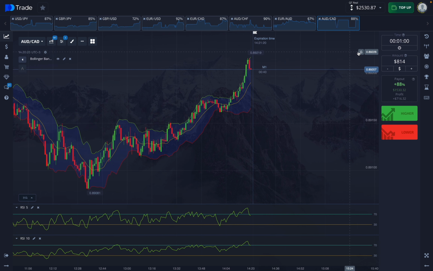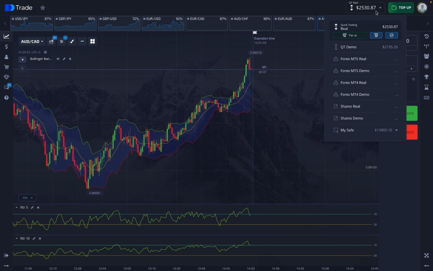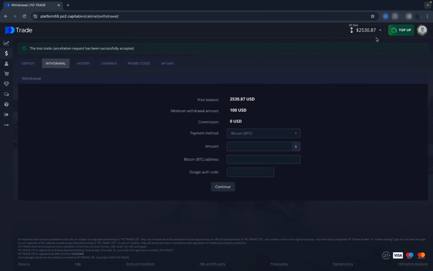This is how we have traded today using these indicators. If you still have any questions regarding this strategy,